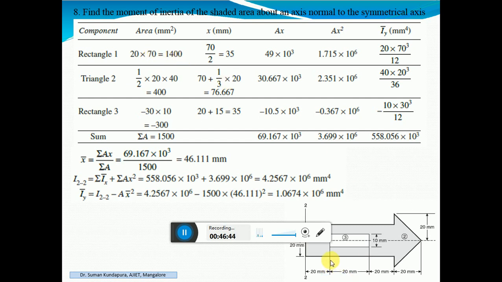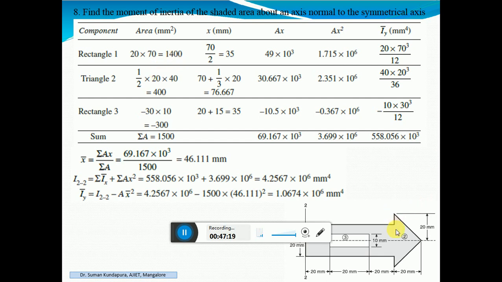So if you look here, I think there is a mistake. This should have been 30 mm because when you consider the cutoff portion of the rectangle, that is 30 into 10, it's given. So please note down, this is 30 mm. Accordingly you have to calculate the x distance. So 30 plus 20 plus 20, which is 70. 20 into 70, 1400. Therefore, this whole rectangle area is 1400.